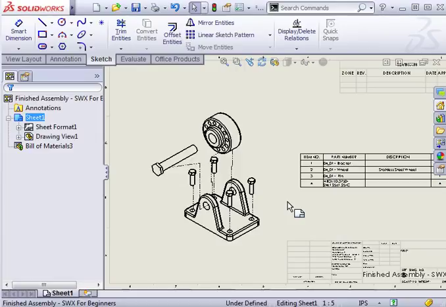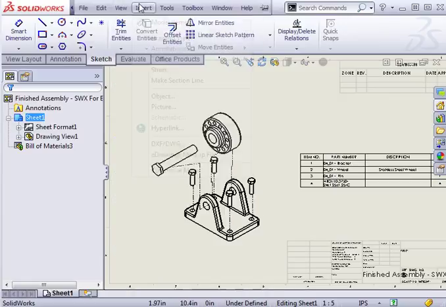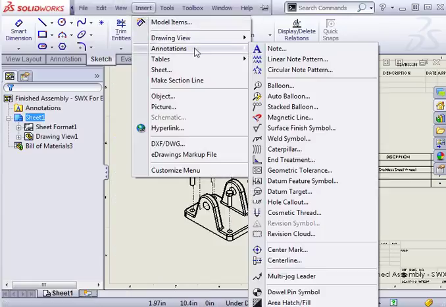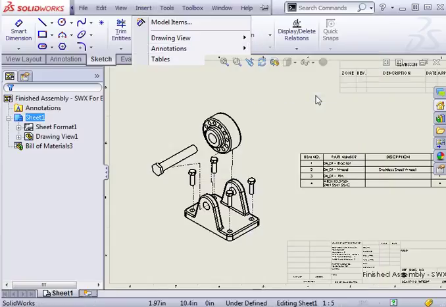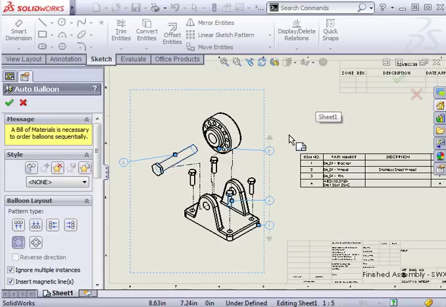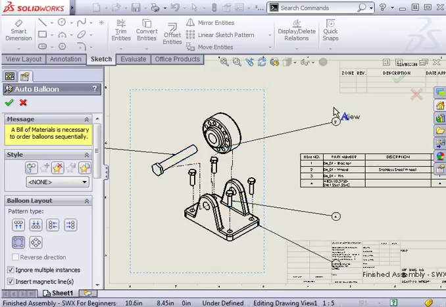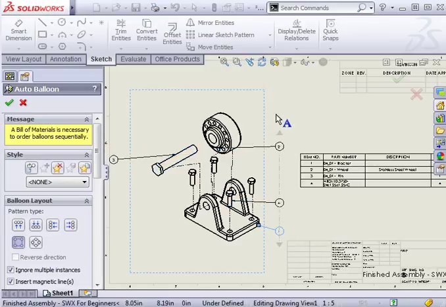SOLIDWORKS has a very useful tool called Auto Balloon that can do this for you automatically. You can find the feature by navigating to Insert, Annotations, Auto Balloon. When I select it, right away you can see that the balloons appear. You can position the balloons however you want by simply clicking and dragging them, and if you're using SOLIDWORKS 2012 or newer, the balloons will be created and automatically attached to what's called a magnetic line, as you can see